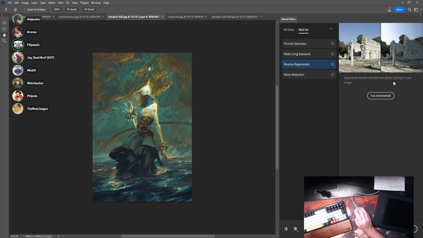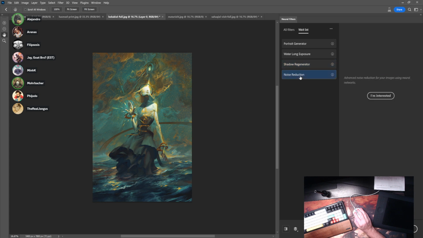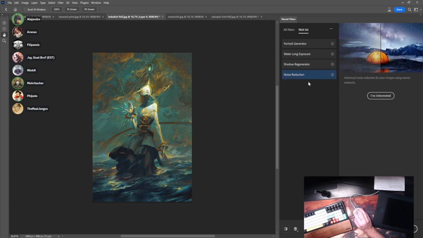No, that's just like shadow bomb your stuff. Whoa, what am I looking at? Regenerate shadow direction and global lighting in your image. That's potentially interesting, but in a way that I don't feel like this image demonstrates. And then noise reduction, which I mean that's actually, okay, this is the easiest thing that you could do